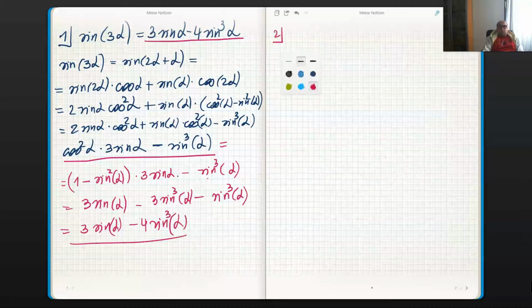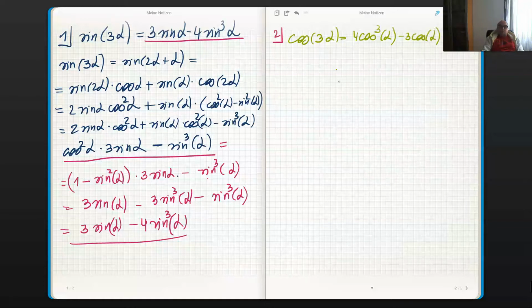Number 2, what do we have? Well, we want to do the same for the cosine. Cosine of 3 alpha is equal to 4 cosine cubed of alpha. I have to write it up because I don't remember those formulas, and I must tell you I'm not